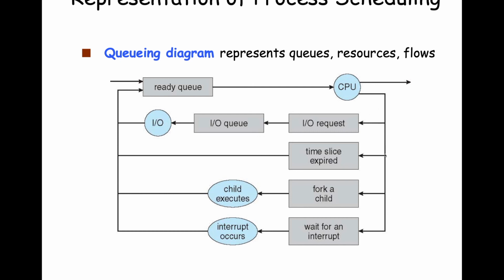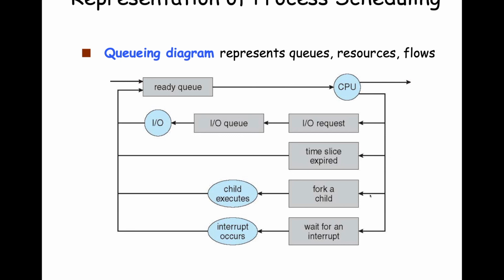Another alternative is an interrupt is thrown because the amount of time the process could execute on the CPU has expired. So what happens? It's taken off the CPU. The current status is written into its PCB. It's put onto the ready queue so that it can be selected again. Now, this idea of picking off the ready queue, scheduling on the CPU, and then sending it back to the ready queue, that gives each process some opportunity to be executed on the CPU.